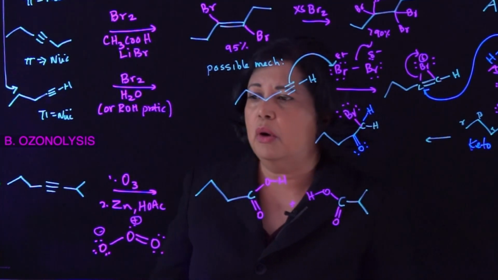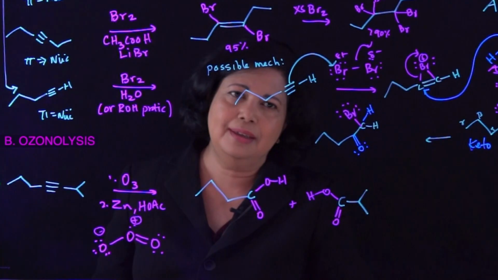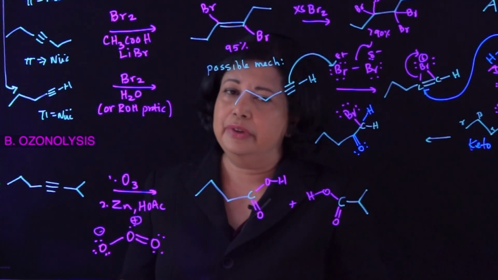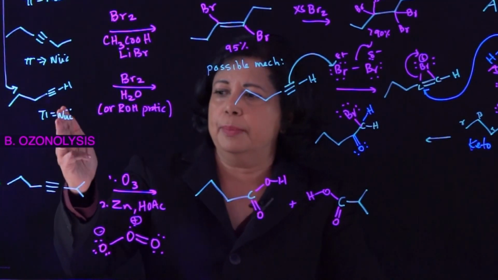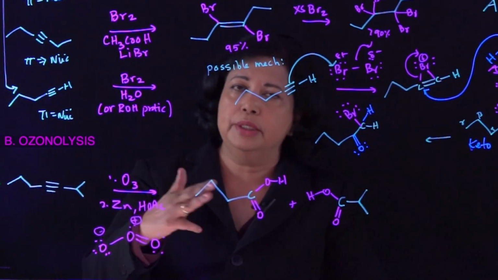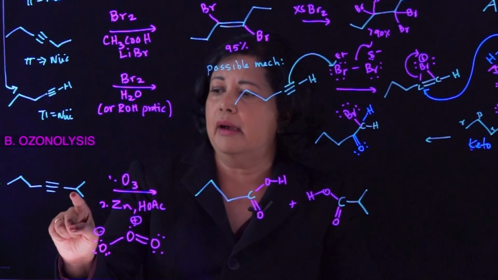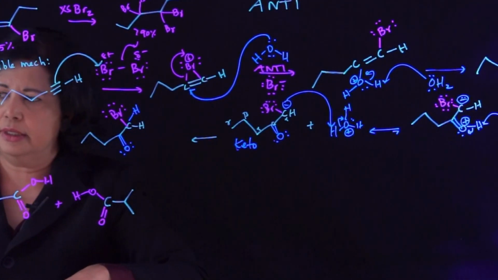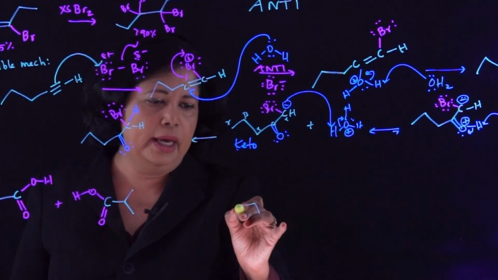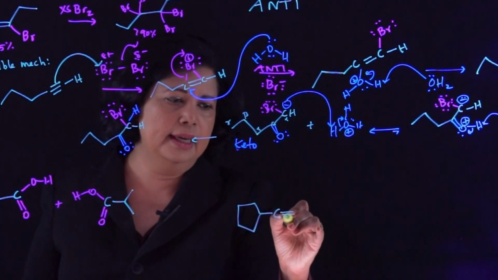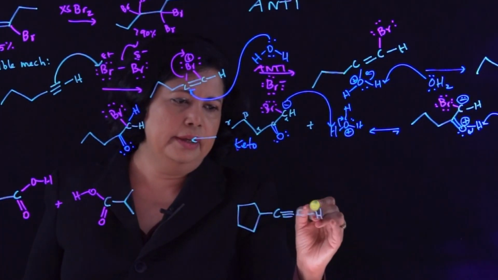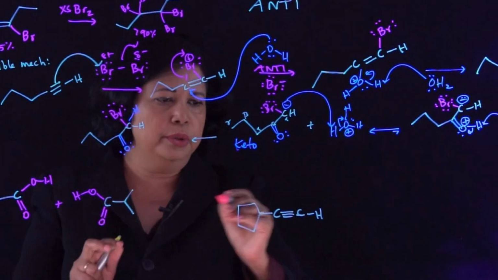However, you will lose all your stereochemistry, and it's not really very regioselective because it's going to chop it and give you 2 no matter what you have on either side. It doesn't really matter what the R group is. If you had a hydrogen here and you started this off with a terminal alkyne like this, then once you chop this off with ozone,